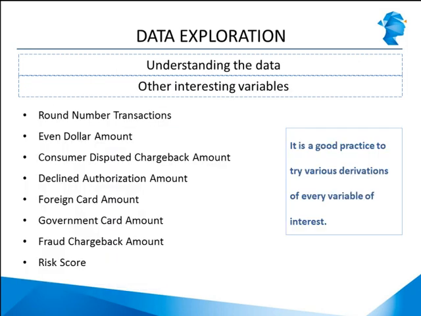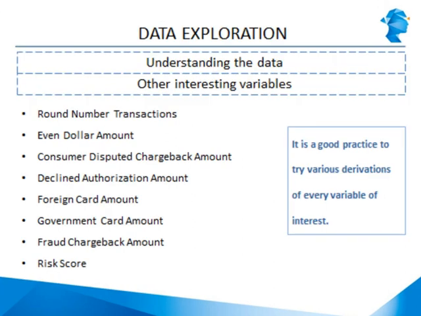There are a lot of other interesting variables which can help us identify fraud. Analyzing round number transactions can prove useful for reviewing retail business transactions. Fraud transactions often have round number values, example $250 or $120. Just think about it. If anyone is going to make a fraudulent transaction, they are usually thinking in terms of round numbers. 5,000 rupees, 10,000 rupees, $200, $1,000. So a lot of fraud transactions tend to have round number values. So it's always a good idea to review the number of round number transactions that you're seeing in a day.